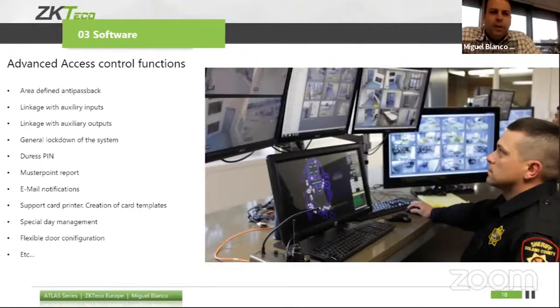We can have a duress pin. It means that if someone is forcing me to open a door, then I can enter a special pin that will activate a silent alarm. We have a master point report. With a master point report,